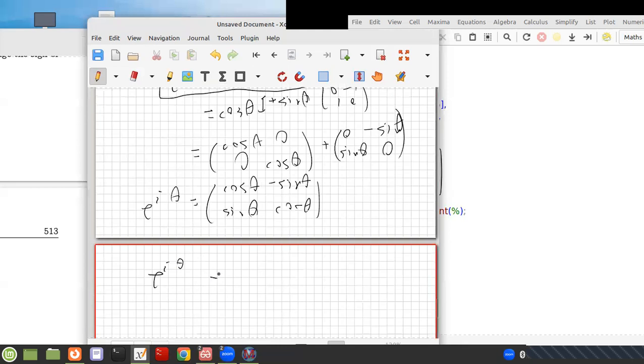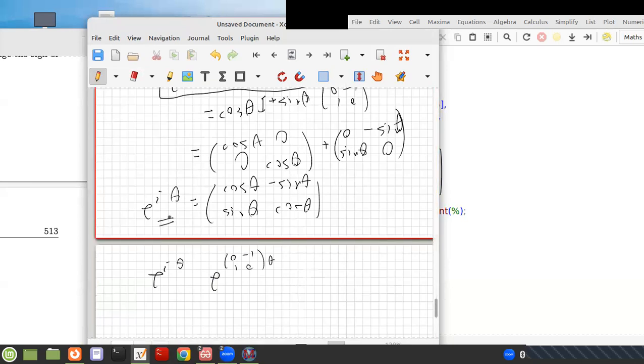Well, that's going to be an exponential function, but then you have the matrix 0, -1, 1, 0. You have a matrix in an exponent. Well, how do you define that? You have to define that by a power series of the exponential. So there's a connection here, but the connection has to do with calculus, in the sense that e to the x equals 1 plus x plus 1 over 2 factorial x squared plus 1 over